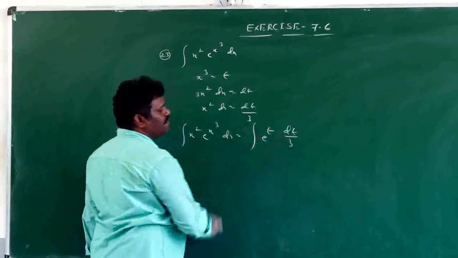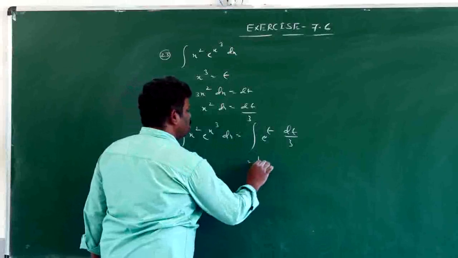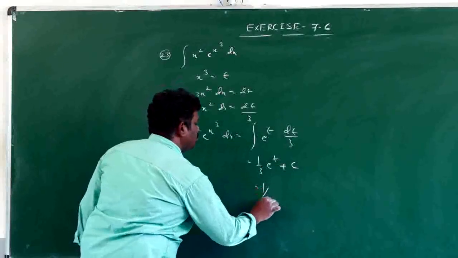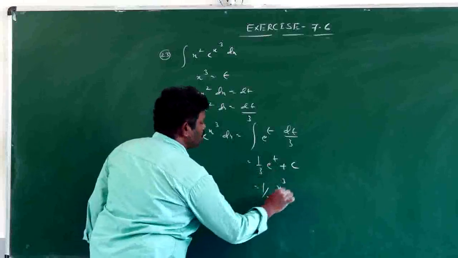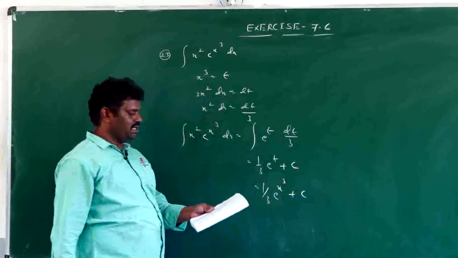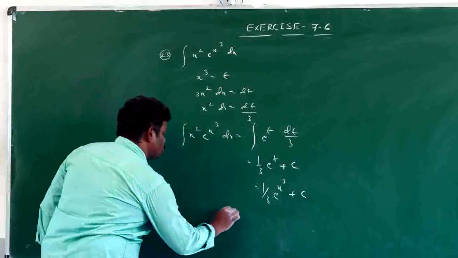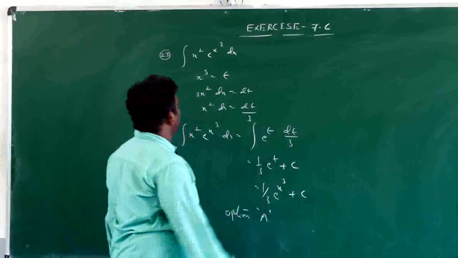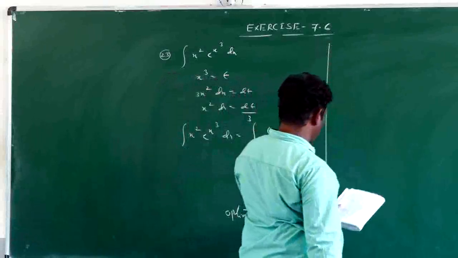E power t. Now what we have done here, that is equal to 1 by 3 e power t plus c, that is equal to 1 by 3 e power x cube plus c. So option A is correct, right? Next one, the 24th bit given,